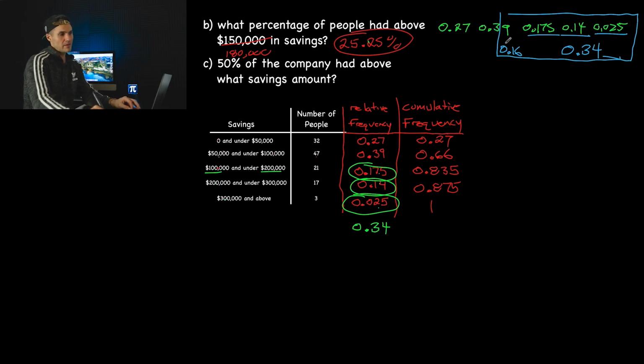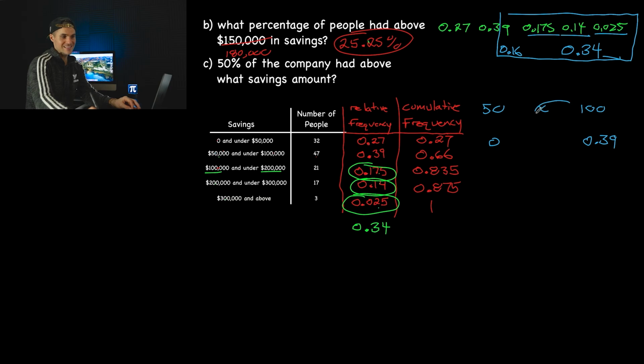And so what we have to figure out is, okay, from here, from 50,000 to 100,000, so from 50 to 100, so these are the dollar terms here, that represented 0.39. From 0 to 0.39, right? So this was 39% of the company that fell within this interval over here from 0 to 0.39. Well, we want to know what amount here in dollar terms, okay, let's call it X, is going to be equivalent to having